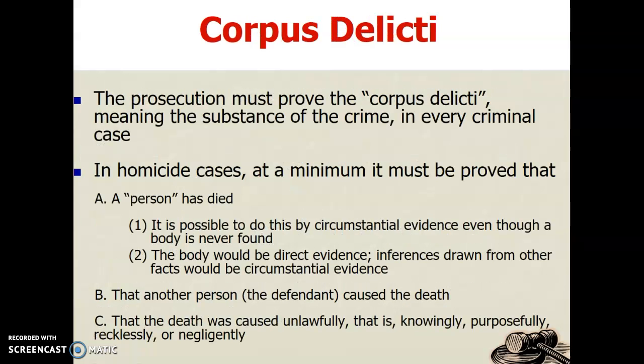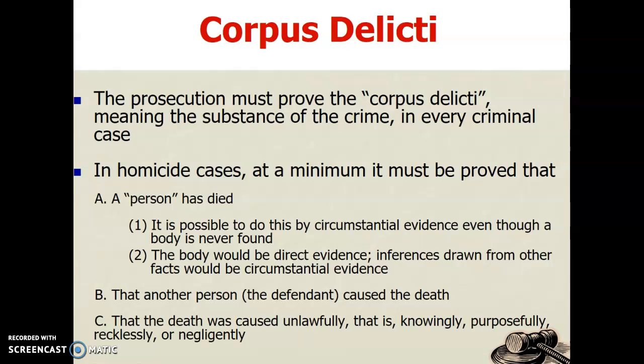proper punishment is. Corpus delicti, it sounds fancy, but it really just means the body of the crime, the substance. When you talk about taking somebody to court and prosecuting, you have to be able to prove that a crime has been committed. So in homicide cases, it's pretty simple. A person has died, you need to have proof of that. Typically, that comes in the body, right? The individual's body has been found somewhere. We might find a corpse. If it's been a really long time, we might find skeletal remains, but essentially that's part of proving that a